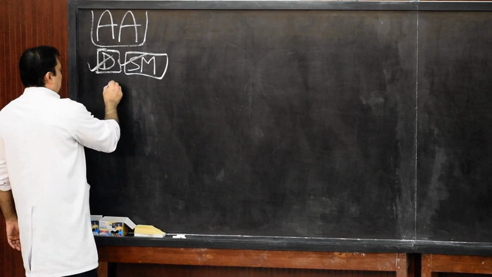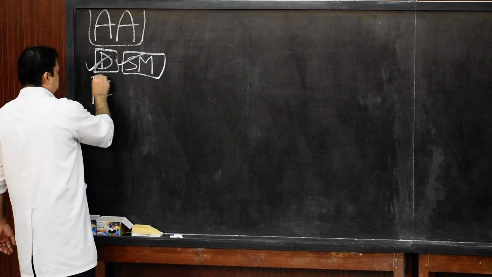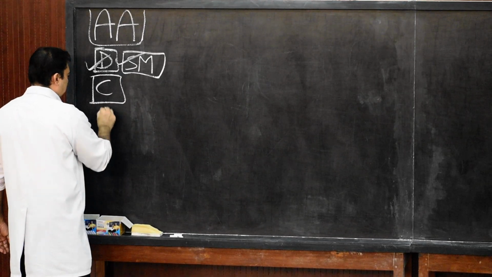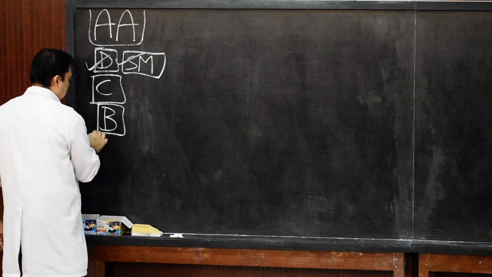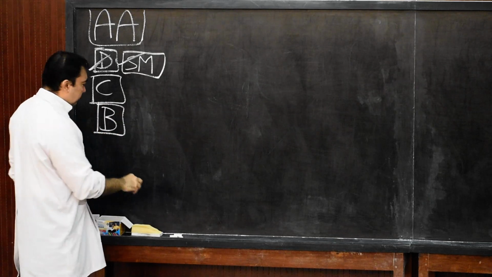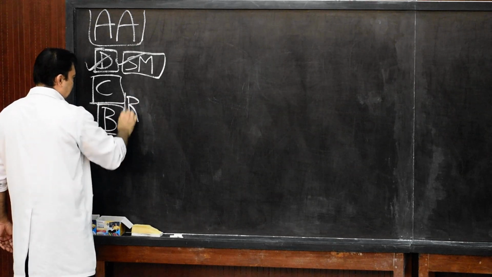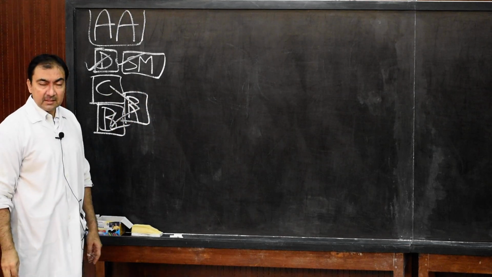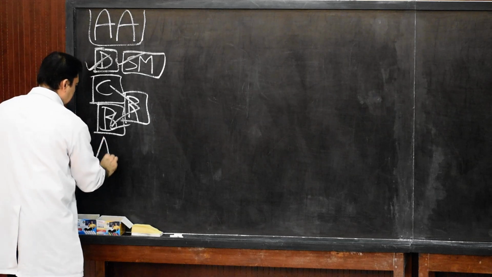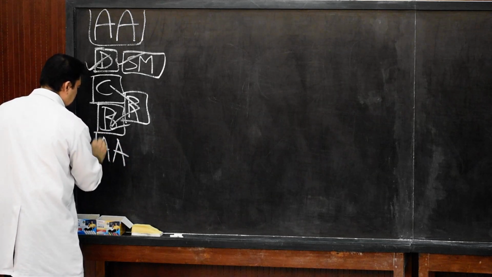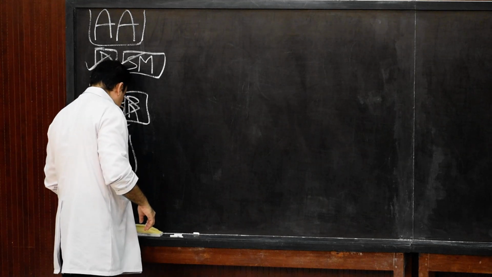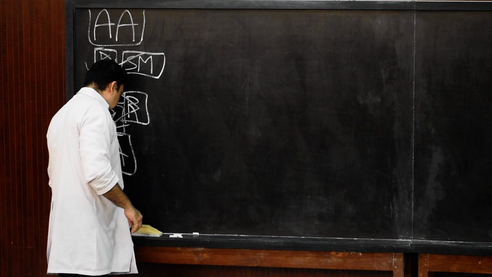Now we come to the course. After the course, we are going to discuss the branches. And before the branches, we are going to discuss the relations. So course, relations, branches, and finally, the applied anatomy. Now in the course, very simple, if you just draw alongside with me a simple